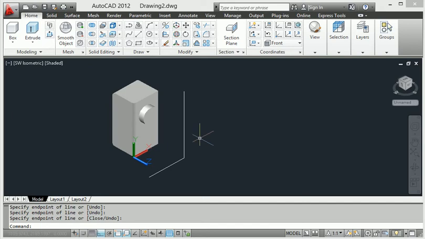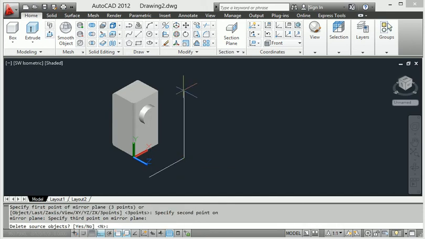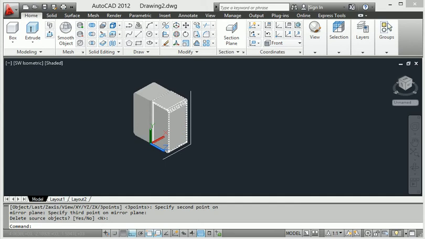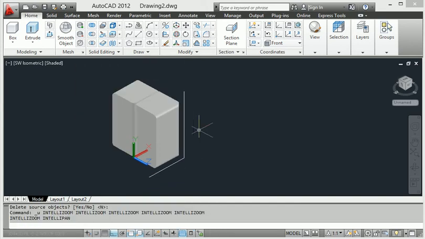So when we enter mirror here, enter the mirror, then select all components in 3D design, then press Enter again, then click one point, then a second point, then a third point, then after Enter, this creates the rectangle here and mirrors it according to the face.